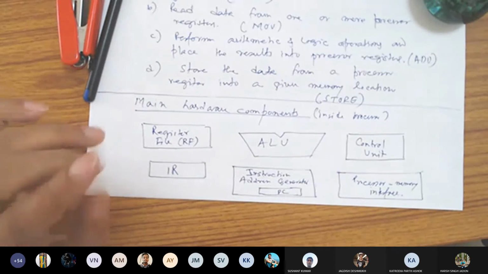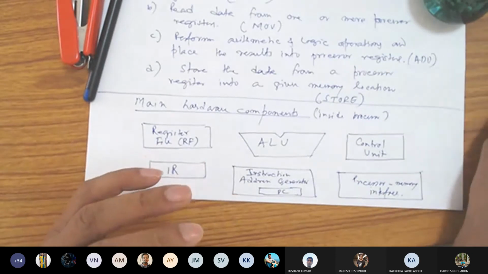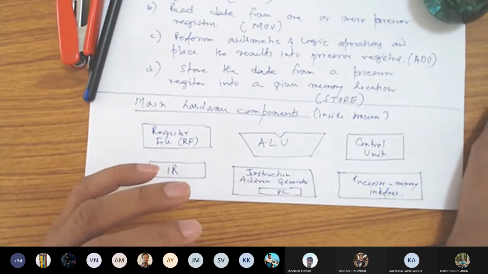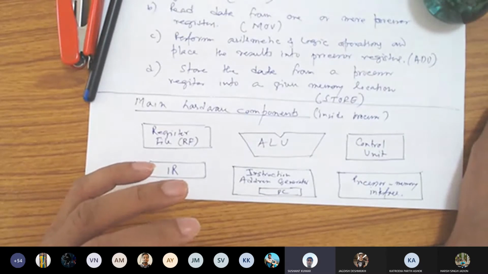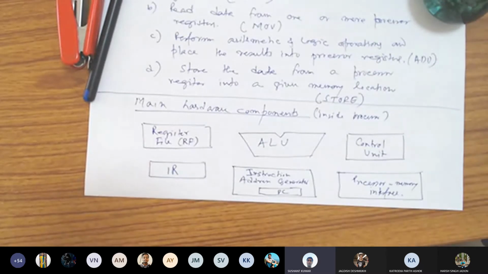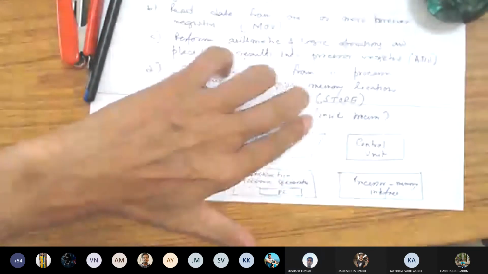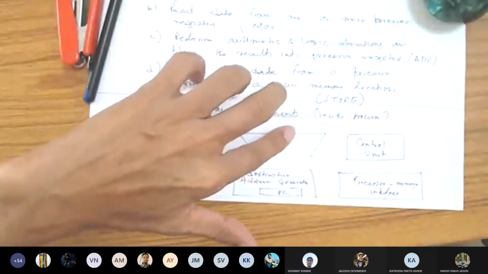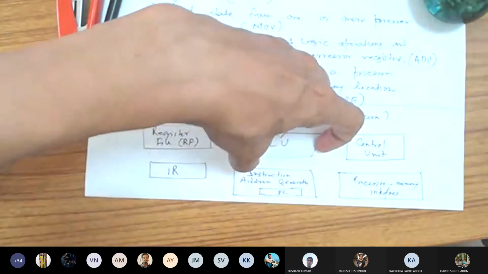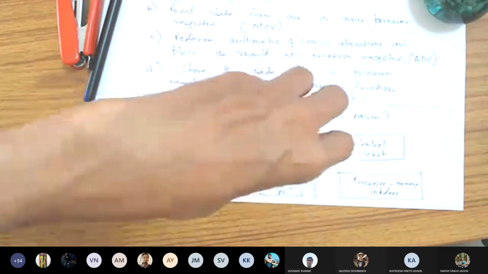We will design each and every part and then connect them. ALU we will not design at this stage. We will design ALU in a separate chapter because we assume that ALU is a black box.